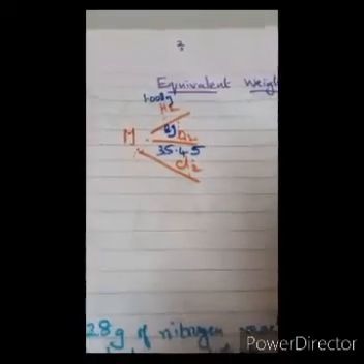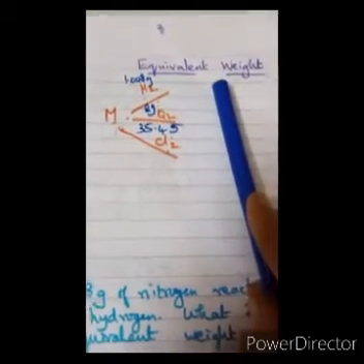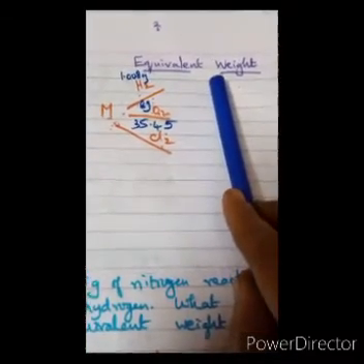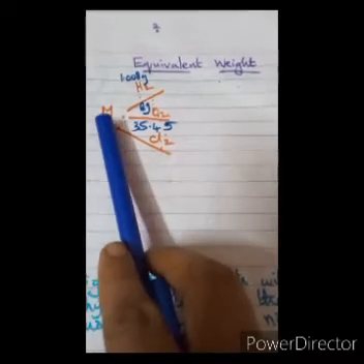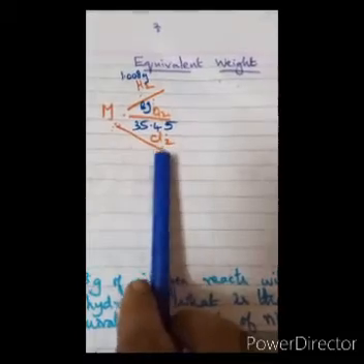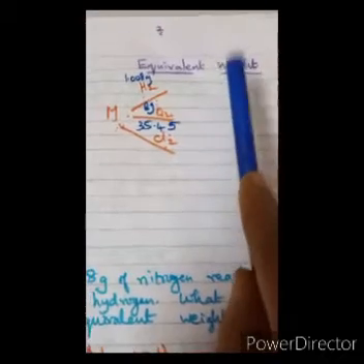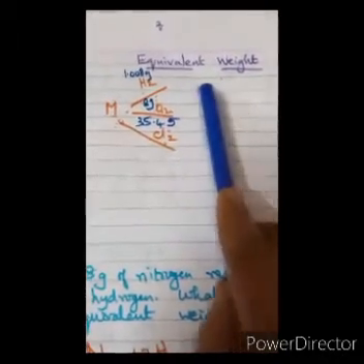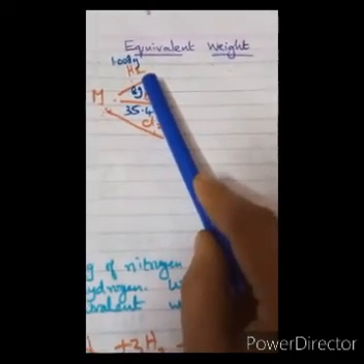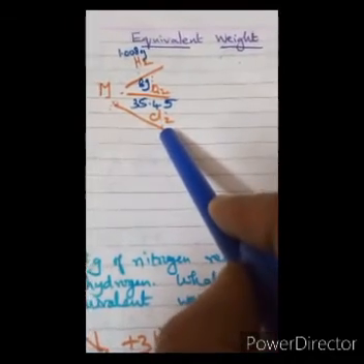Our next topic is equivalent weight. Equivalent weight of an element is characteristic of each element. It is based on a combining capacity of the metal. A metal may combine with hydrogen, oxygen, chlorine or any element. Based on its combining capacity, this number has been designed. Equivalent weight is that number which indicates the number of parts by mass of the element which combines with 1.008 gram of hydrogen or 8 grams of oxygen or 35.45 grams of chlorine.